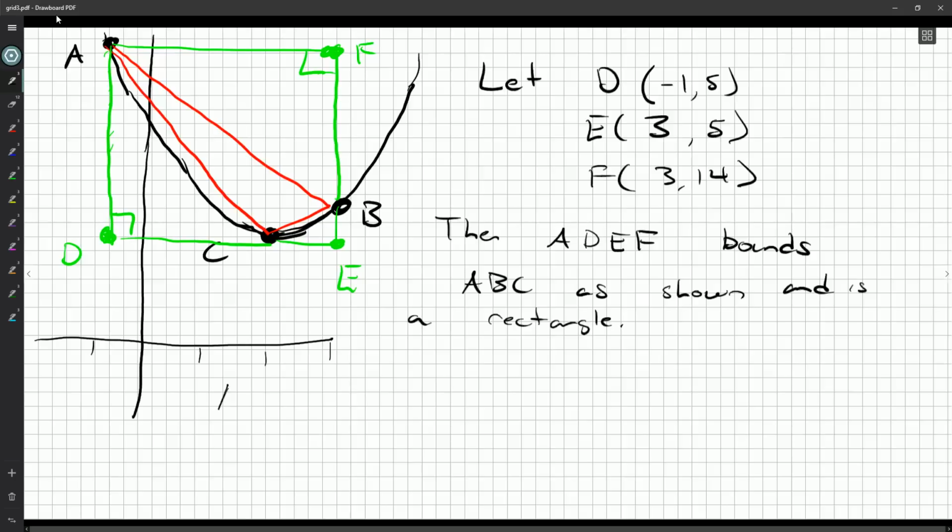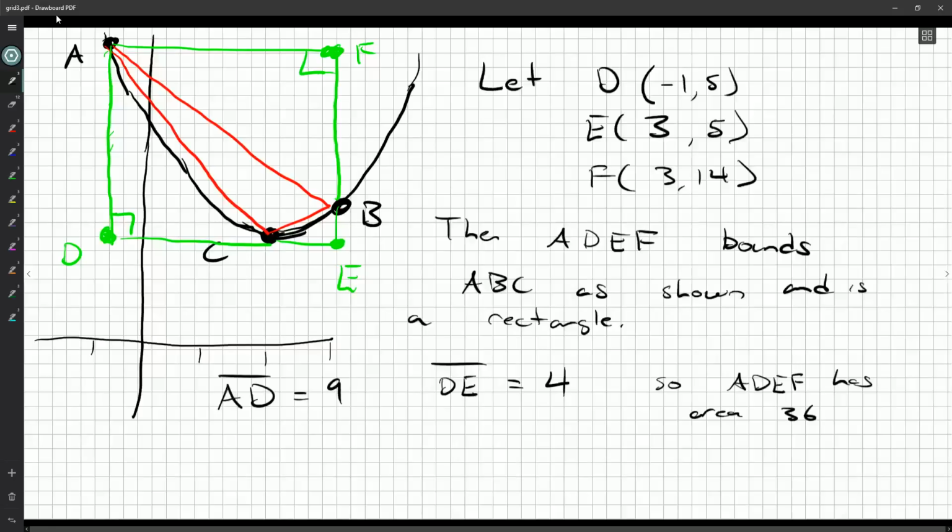Okay, so AD has a length of 14 minus 5, so 9. DE has a length of, we go from minus 1 to 3, which is 4. So ADEF has an area of 36. Great. So triangle ADC